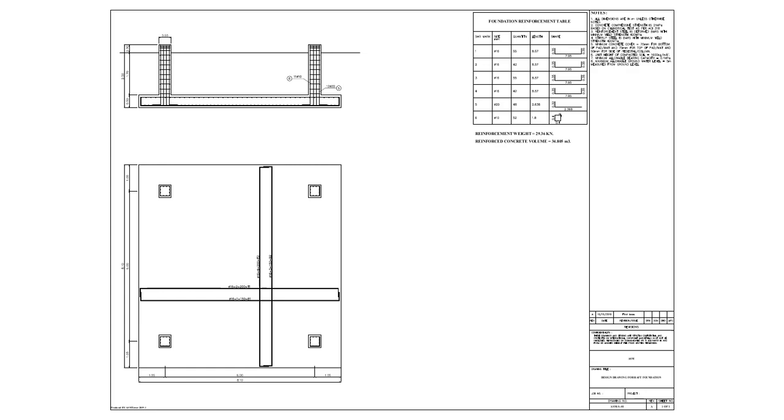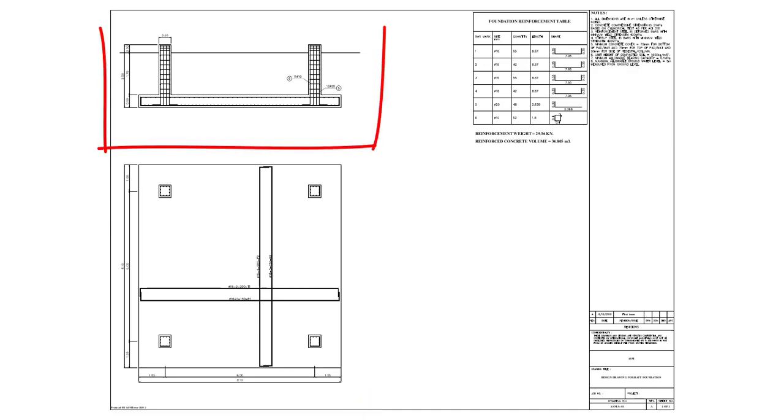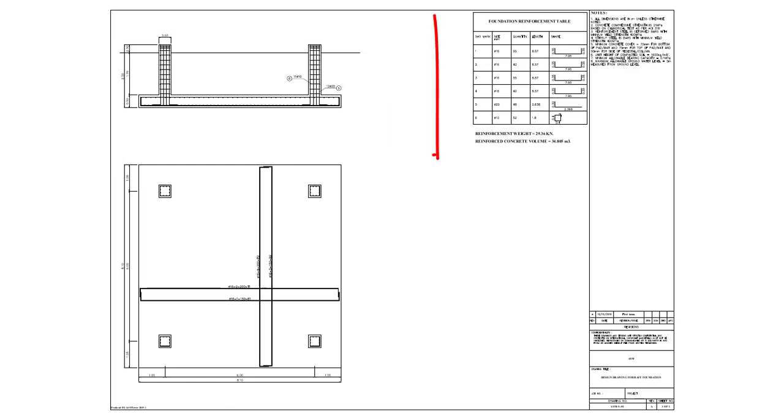The drawing includes a plan for the foundation in the lower left side of the drawing, a cross-section of the foundation in the upper left, and a table of the reinforcement bar schedule in the upper right side. This is the plan. The upper and lower reinforcement are marked in each direction. For example, the bottom reinforcement is marked by